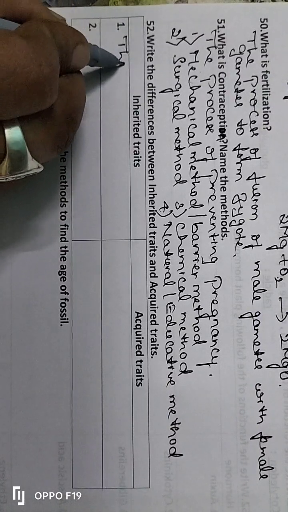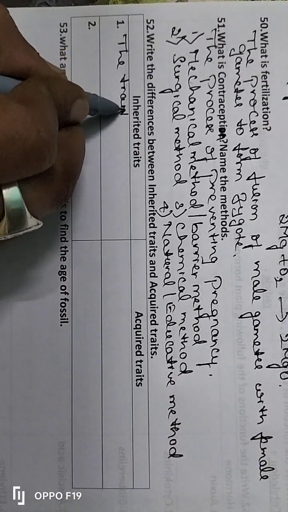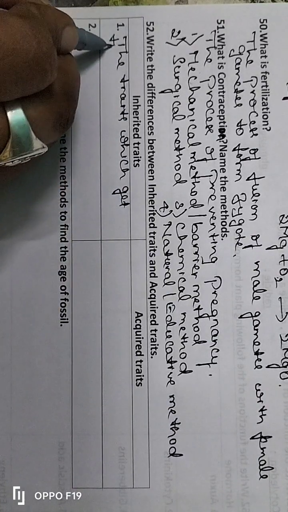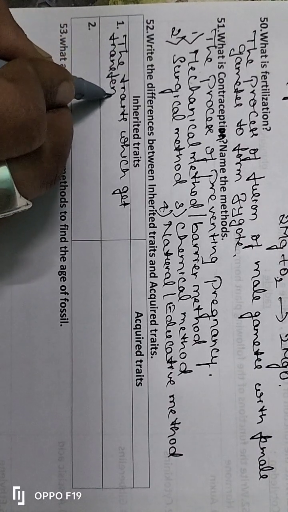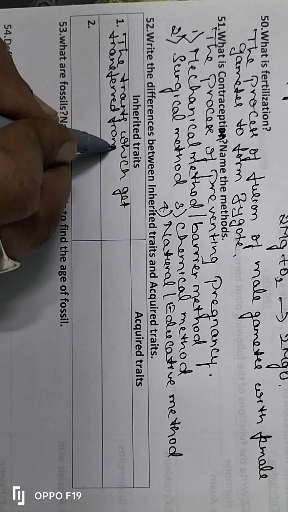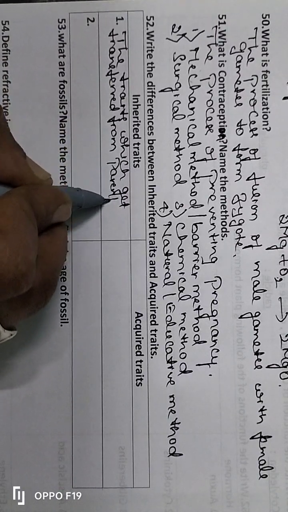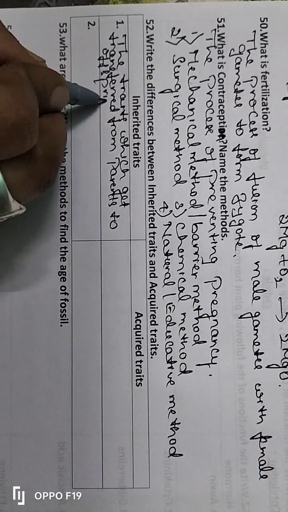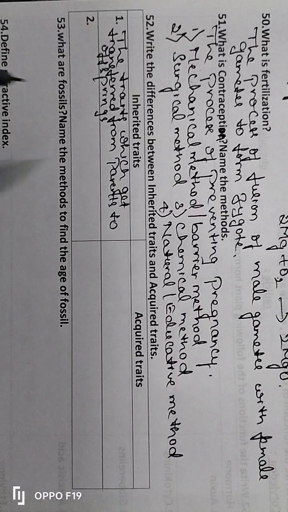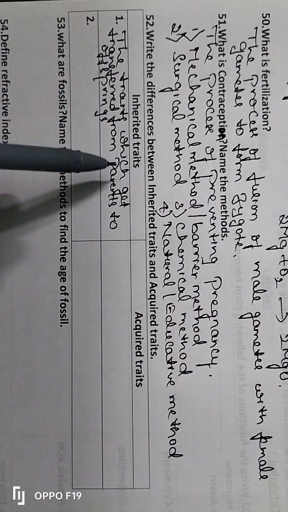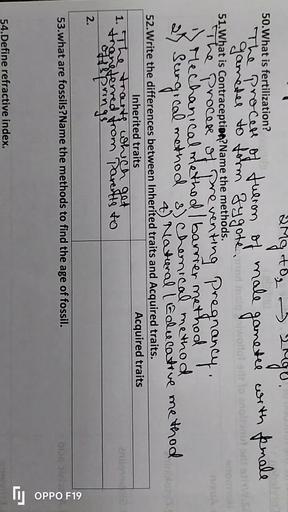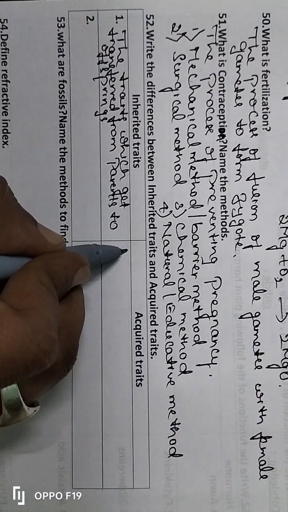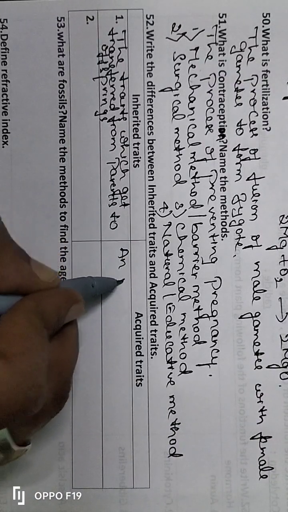Inherited traits: the traits which get transferred from parents to offspring. So what are inherited traits? The inherited traits means the traits which get transferred from parents to offspring, that is called inherited traits. Then coming to acquired traits, acquired traits means an individual, a trait